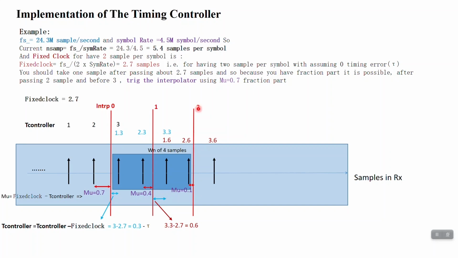As you can see here, these two samples belong to the current symbol, and this is from the previous symbol. So this is the middle sample, and this is a sample of the current symbol, and this belongs to the previous symbol. By subtracting the value of this sample from this sample and multiplying by the middle sample, you can simply calculate the timing error here, and